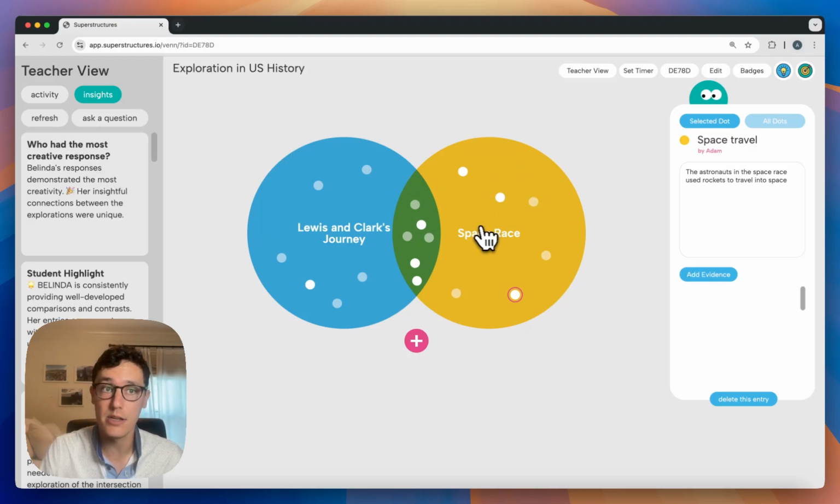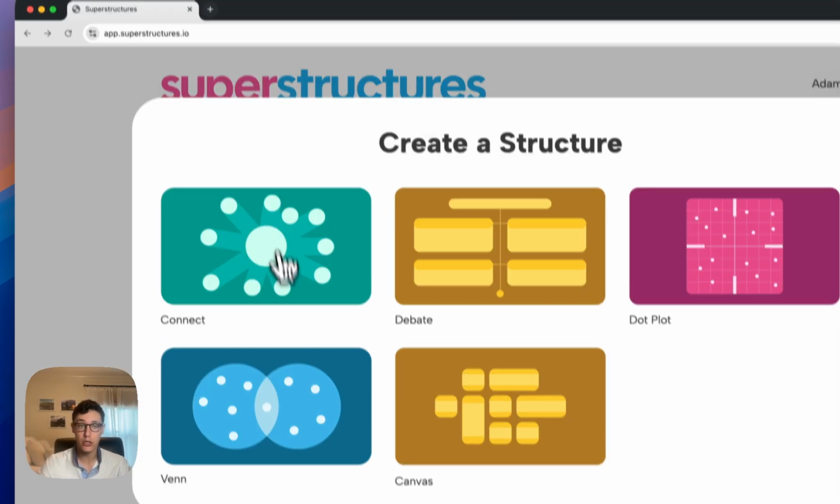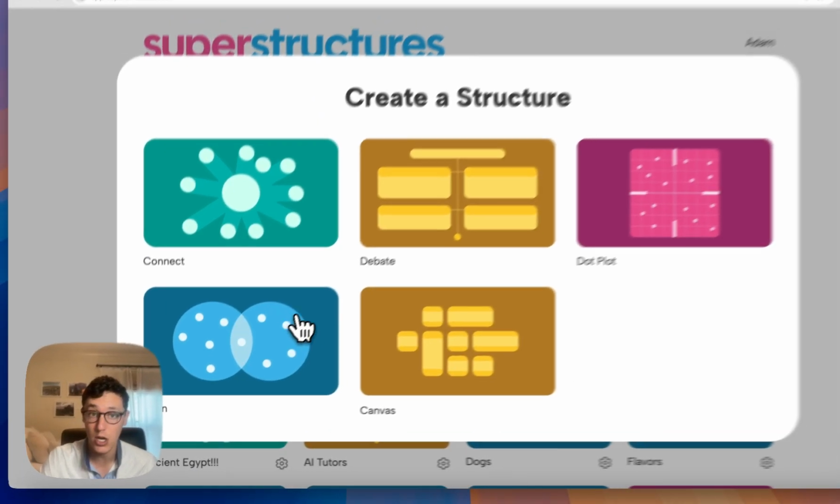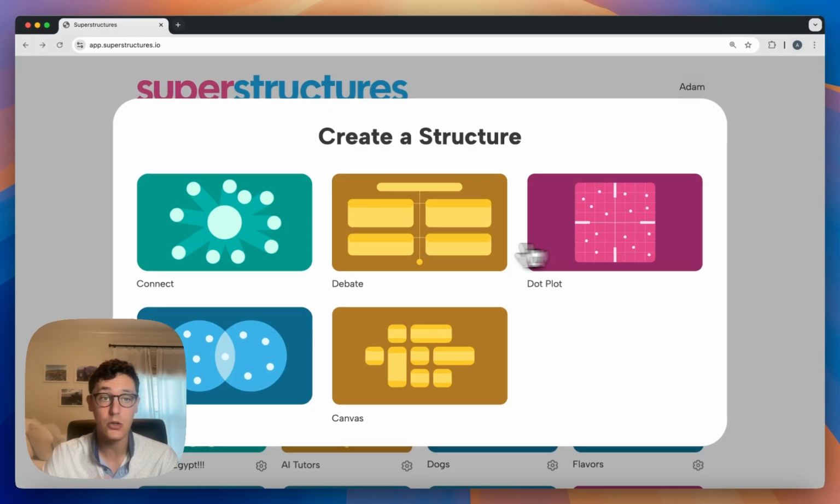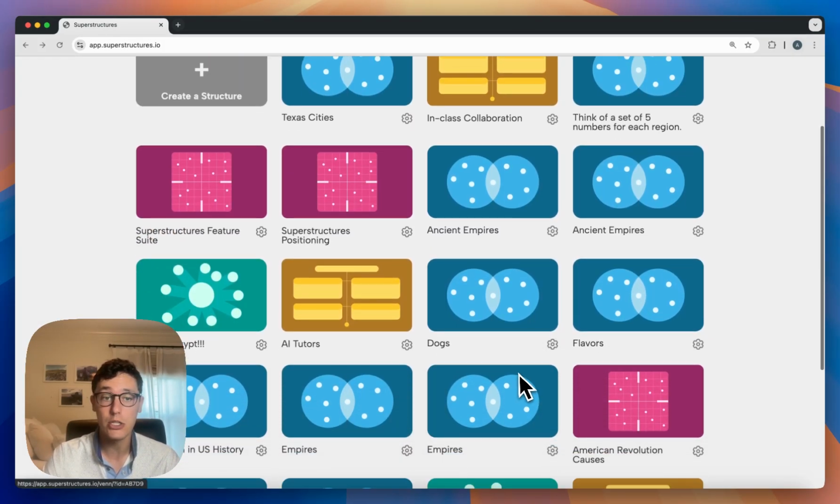This functionality is available for each of the structured activities. As the teacher, I can create a version of a superstructure in the form of a Venn diagram, which we just saw, a debate, a dot plot, or a connect map as well. Let's take a look at what a few of those look like for each of the activity types. So for connect,